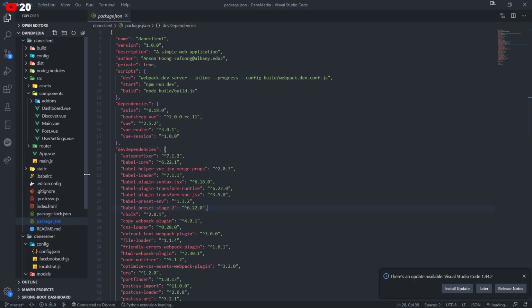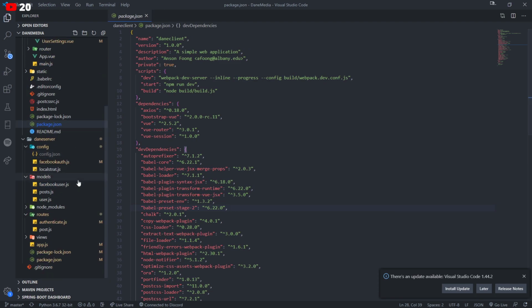Definitely took me a little bit. This was my first ever front-end project that I ever built. Let's see if I can start this up. And cd into the server, npm run, npm start.